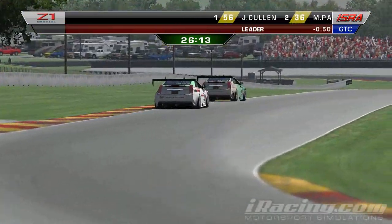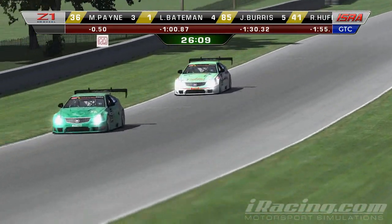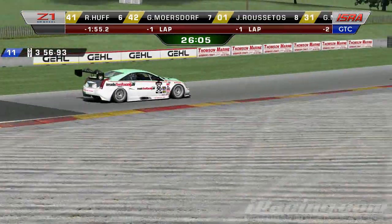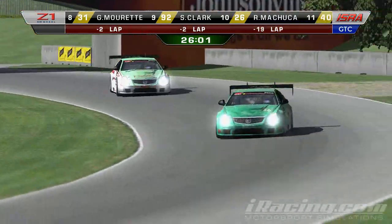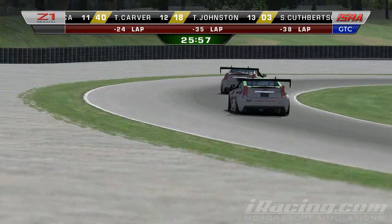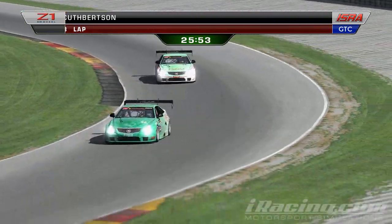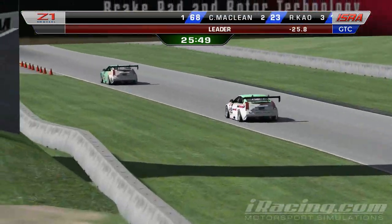It's not as easy to do, but what you do is you set the guy up a few corners ahead of time, so maybe force him to come in a little bit more inside than he's used to into one corner, which makes him a little slower to that corner, and you can force him a bit in the next corner until you get to the point where you've got enough of an advantage you can duck behind the exit. Here at Road America, there's enough distance between the corners that, say he runs a little bit wide in the exit, he's able to rejoin his regular line well before the next corner,